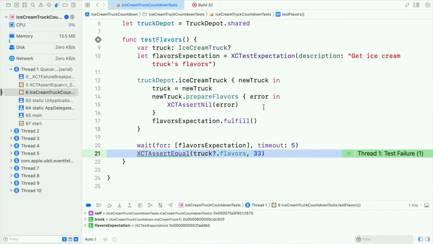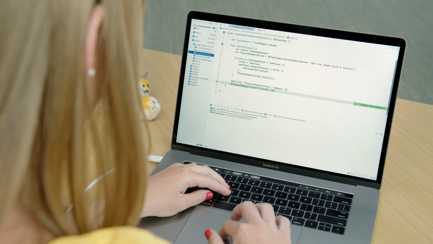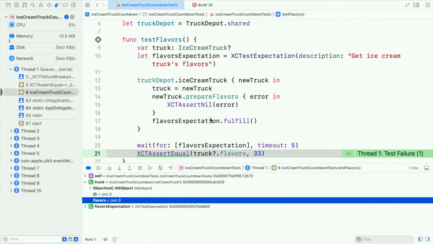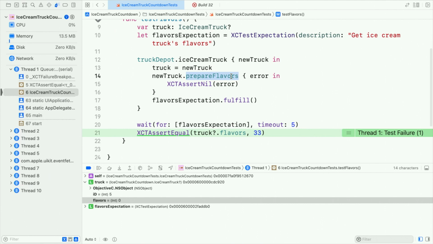All right, we have caught the issue. And I know we're looking at inconsistencies with the flavors on the truck, so I'll take a look at our truck object in the debugger. It seems strange that flavors is 0 when it should be 33 because we already called prepare flavors. I wonder if we've made it inside this completion handler. I'll add a breakpoint and click continue.